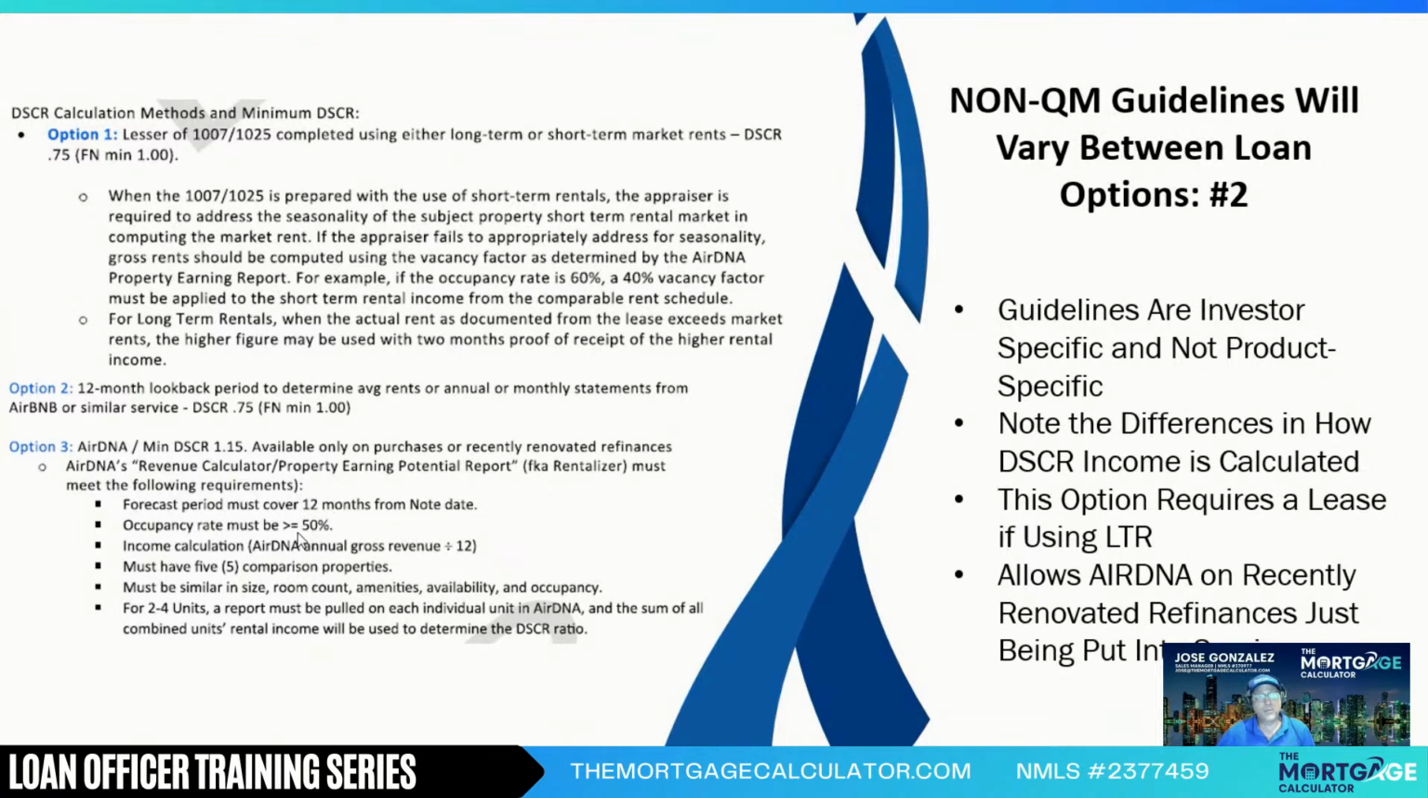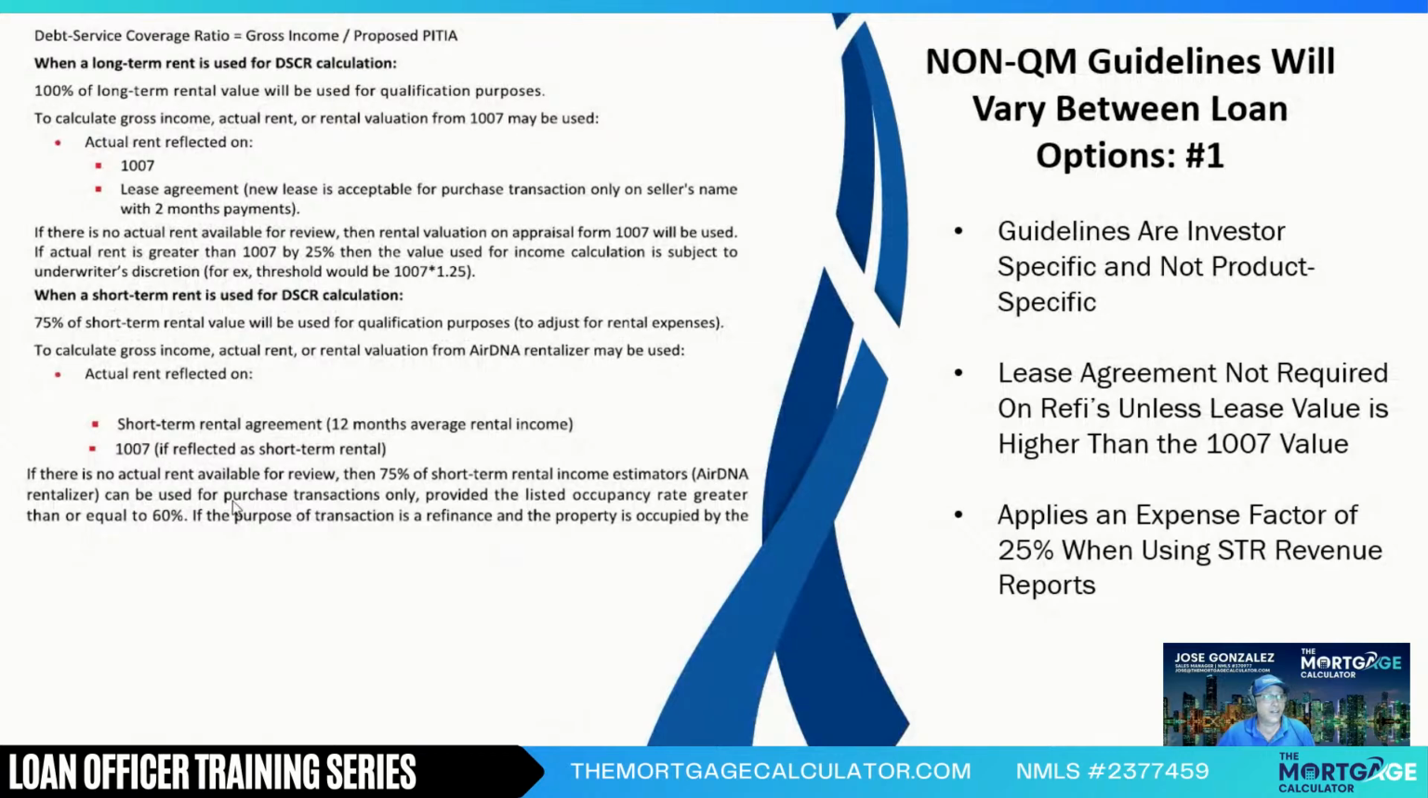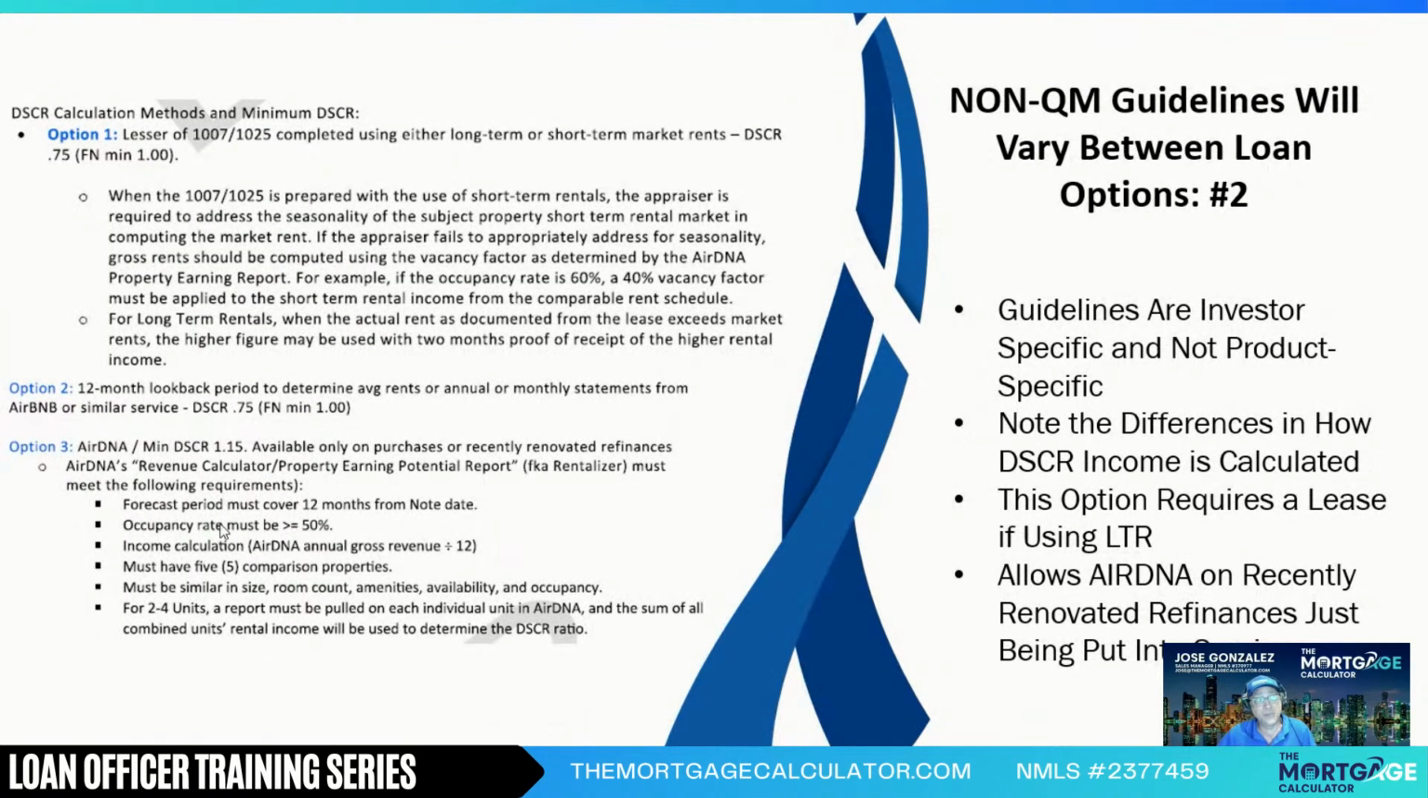Occupancy rate must be 50%, whereas the other option I think said here, occupancy rate on AirDNA has to be at least 60%. So, it's those little tweaks to guidelines that, if you don't notice it and you're like, oh yeah, let's go with this option, AirDNA, and then all of a sudden your AirDNA is at 52%, and you're like, oh man. But if you would have read that fine point there, you would have seen that this one only requires 50% on the AirDNA, no haircut on the 12-month lookback period,